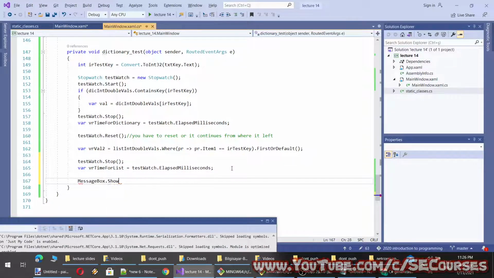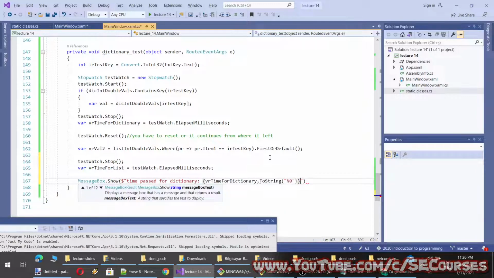Okay, MessageBox show time passed for dictionary will be equal to elapsed milliseconds for dictionary, and let's format it, and 0, and I will add a new line, and for list it will be something like this.